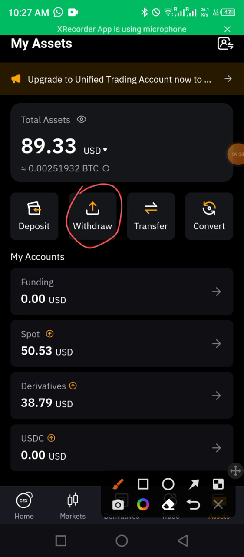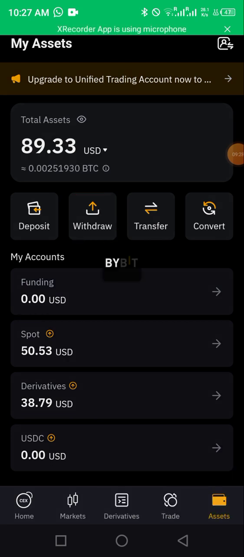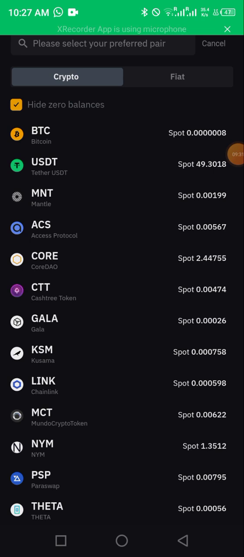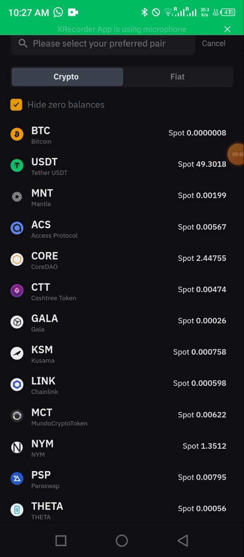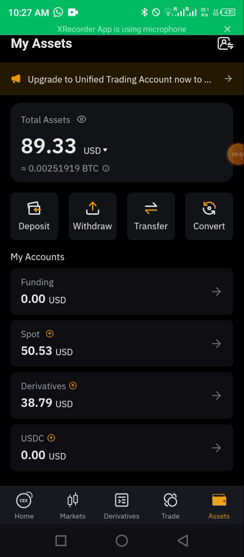So in summary of our tutorials today, you click on your withdraw icon. It opens up. You now select your funds, the crypto you want to send. After you select your crypto you want to send, once that page also opens up, you paste the wallet address you've copied earlier. After pasting your wallet address, you select the network in which the receiving wallet. You select your network, you put in your amount, then you withdraw. So that is how it's easy and very accessible to carry out withdrawal